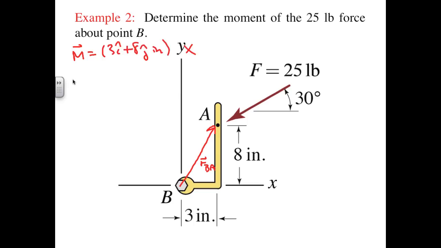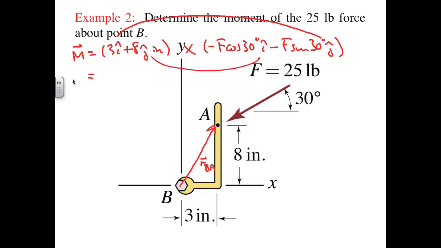We're crossing that into minus F cosine 30 in I minus F sine 30 in J. We'll get non-zero contributions from this cross product and from this cross product, so we'll write those out as first minus 3F sine 30 I cross J